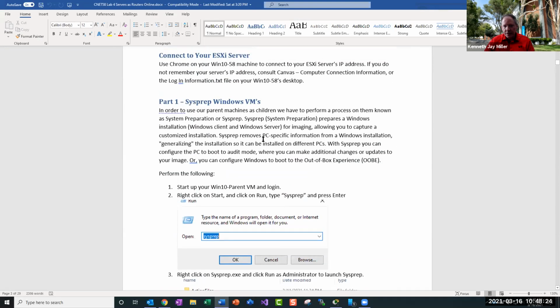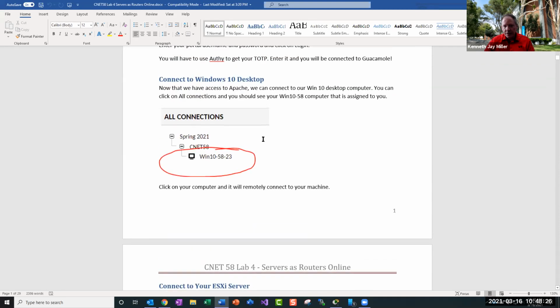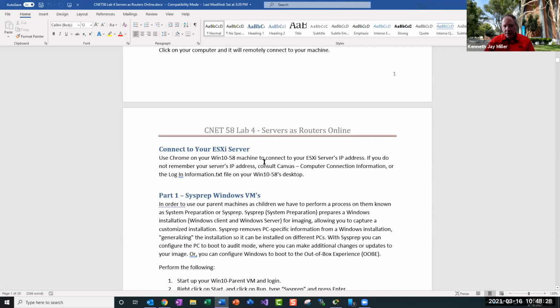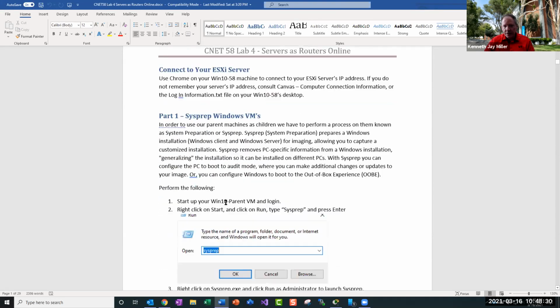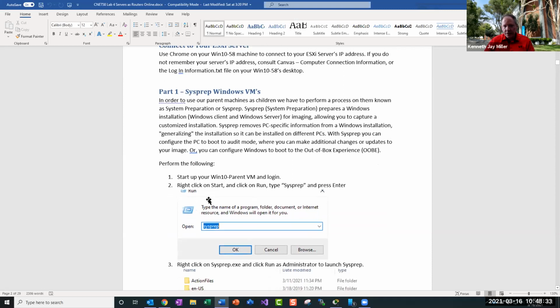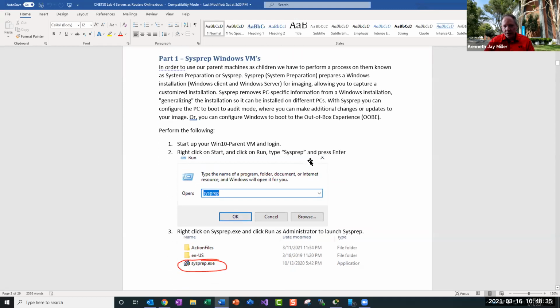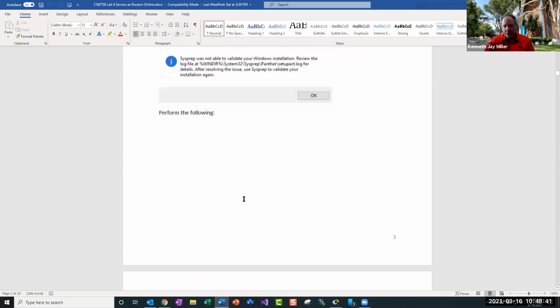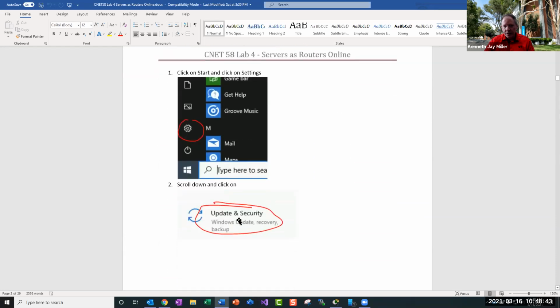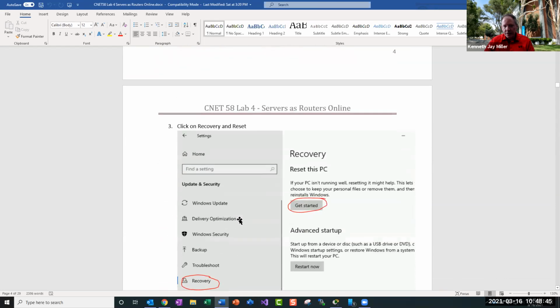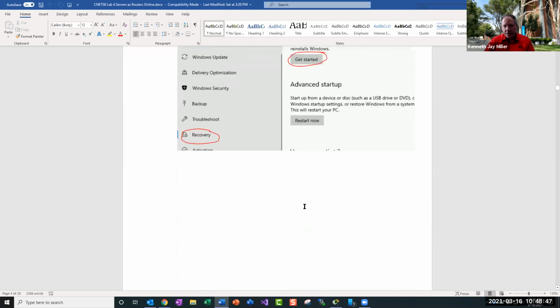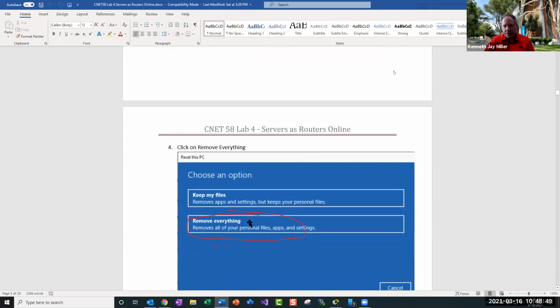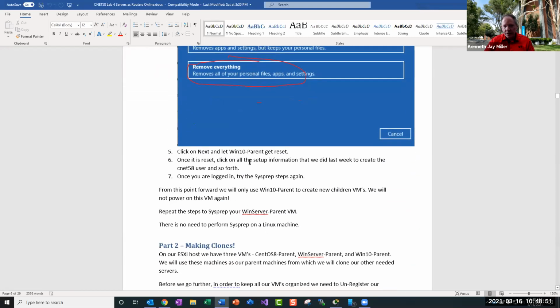The first thing I want you to do is connect to your Windows 10 machine, connect to your ESXi server, launch your Windows 10 parent VM, and try to run sysprep. Some of yours may work, but most of you are probably going to get this error, and then you're going to have to go into the reset. So reset this PC, click remove everything, and then next to let it go. Once it's reset,